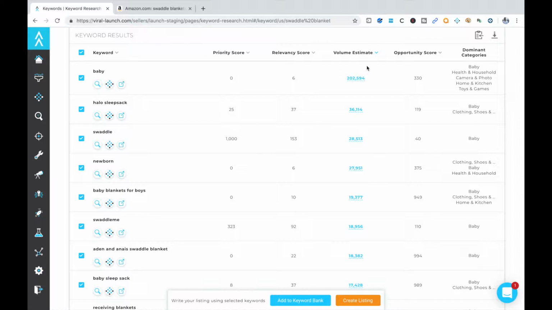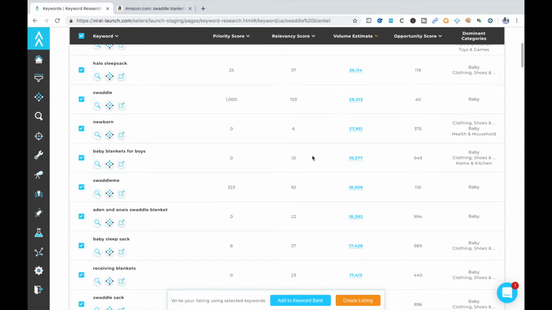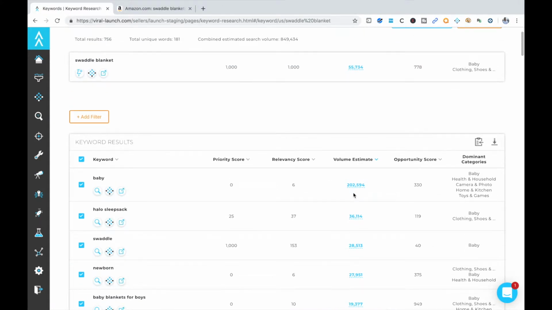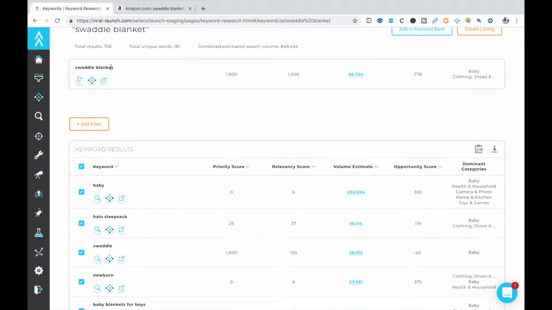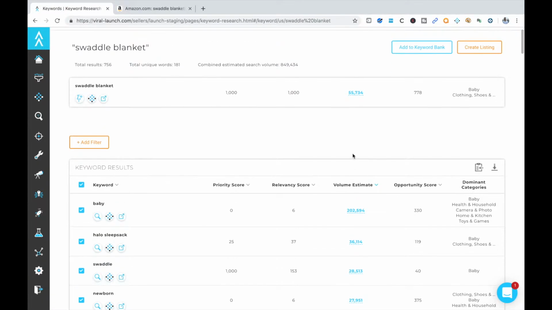phrase match keywords are getting a month, right? So for example, the phrase baby blankets for boys is getting 19,000 searches a month, right? The word baby is getting 202,000 searches a month, right? But here's the main keyword that we typed in, getting 55,000 searches a month, right? So why I like to organize by volume is so you know the importance of the keyword. So the more important the keyword is,